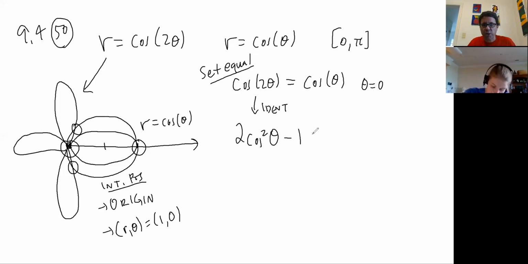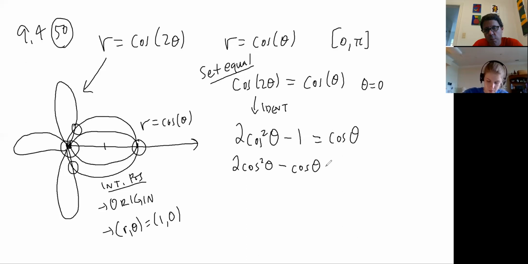I think that's the one that's going to work. You might think, really? That doesn't seem to have helped at all. But if I write it like this, 2cos²θ − cos θ − 1 = 0,